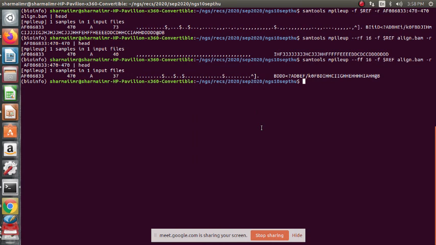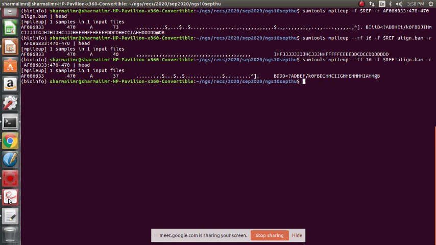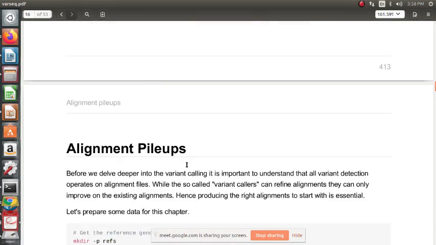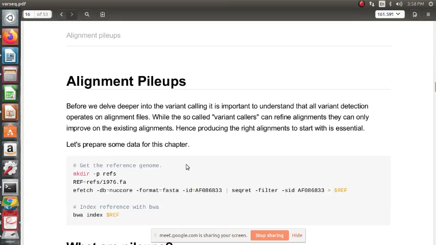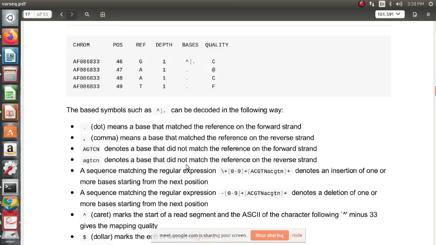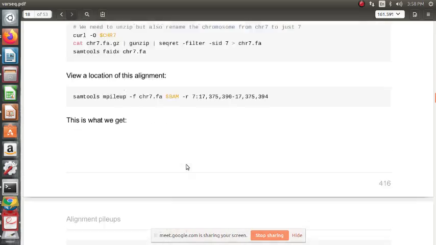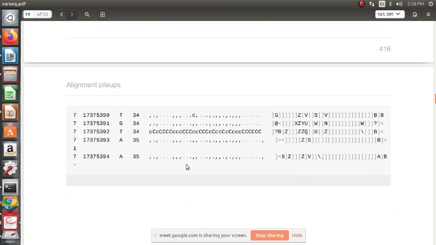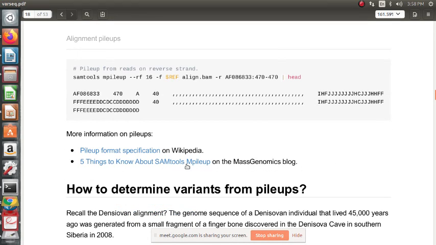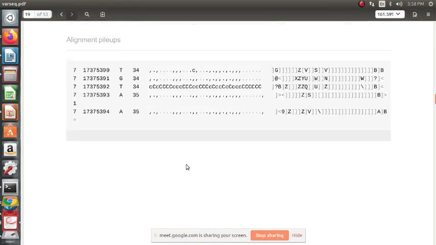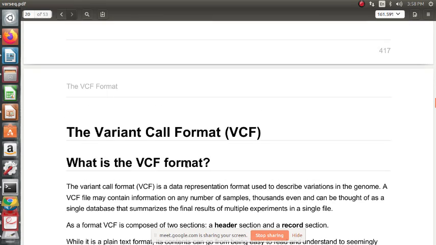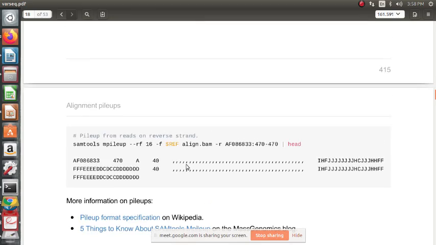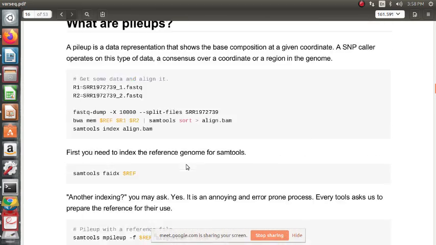Okay, it's 4 p.m. This alignment will be summarized. So alignment pileups was from page number 16 of varsec.pdf, page 16, 17, 18, and 19. So though this was just 4 pages, we spent 2 hours on this. It's quite important to understand because this is a base-centric representation of the alignment. So tomorrow we'll see the variant call format, VCF, the most important format for variant calling, just like we saw SAM format for alignment.